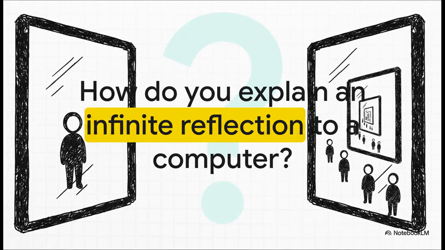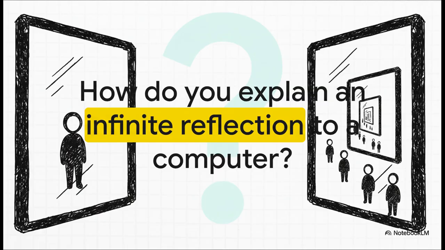So, how would you even explain an infinite reflection to a computer? You know that effect, right? When you stand between two mirrors and you see this endless tunnel of reflections getting smaller and smaller into infinity? How on earth would you tell a computer to draw that? Well, that's exactly the kind of problem where recursion shines. It's all about tackling a huge, seemingly infinite problem by noticing that, hey, it's just the same smaller thing happening